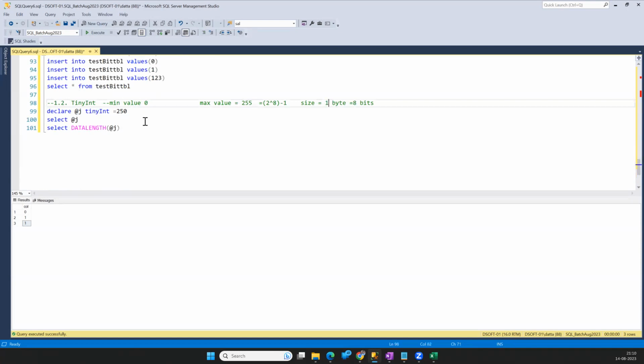Okay, if I try to store a higher value, it will give an error. I can show you. Tinyint can have 0. Okay, and you can see it is possible. Even I can store